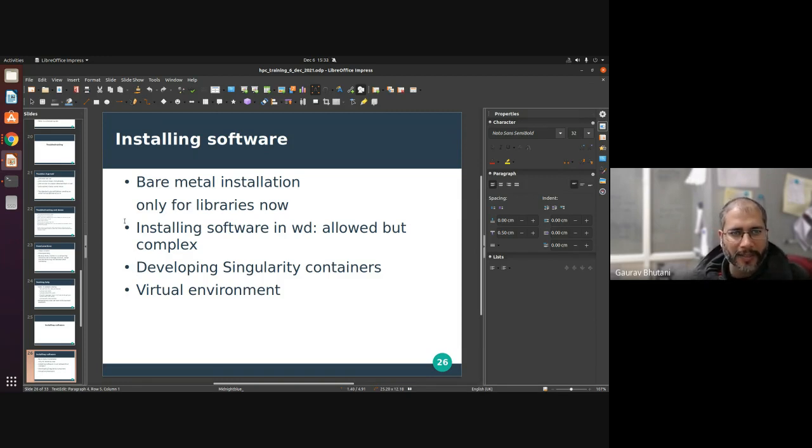You need to be an expert user of Linux. Only then can you install stuff on the WD by yourself. But it is theoretically possible. Nowadays, with the availability of containers, nobody does that. People develop their own containers. And people also use virtual environments where they create some